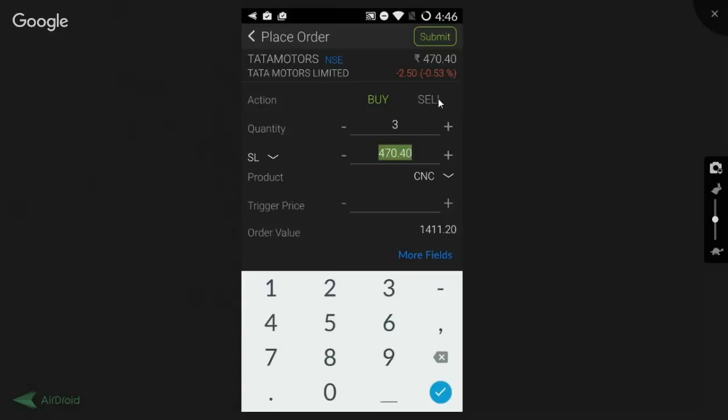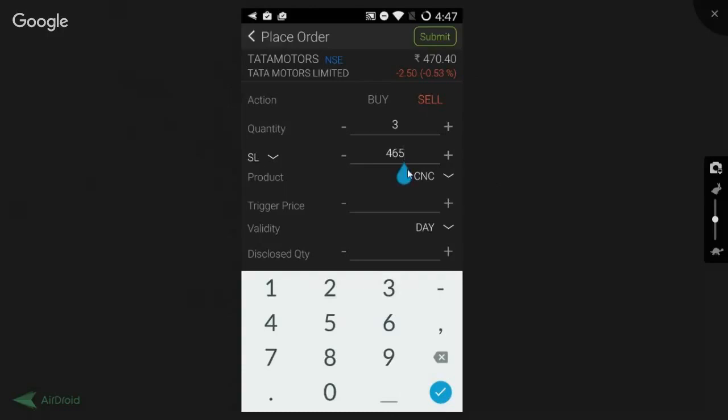I'll give you a simple example. Now the market price of the same is 470 and you've purchased it at 470. Now I feel the markets are going to go down. So I want to place a stop loss. I feel that I can bear a loss of 5 rupees. So I place a stop loss. Here I have to place the limit order to place a price, and I feel that I can bear loss up to 465. If the markets go to 465, I want my stock to be squared off.